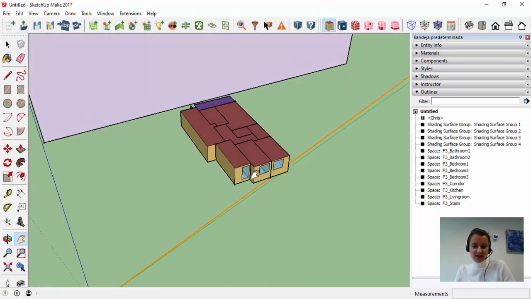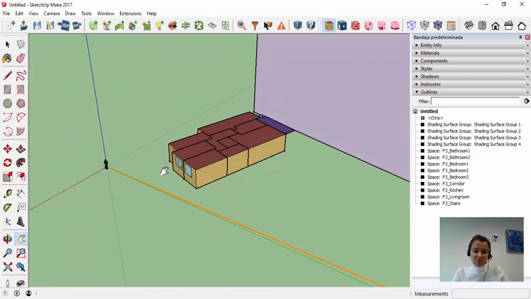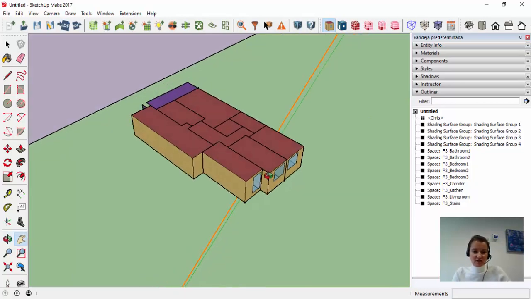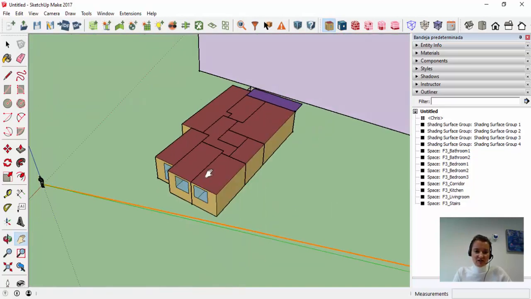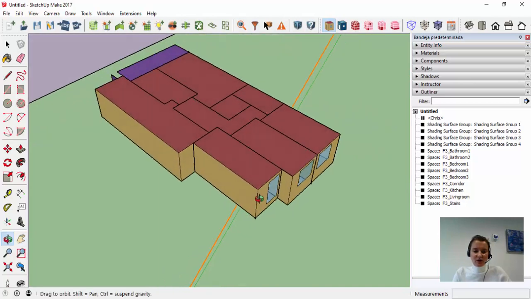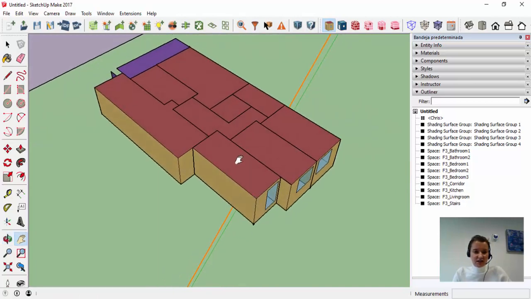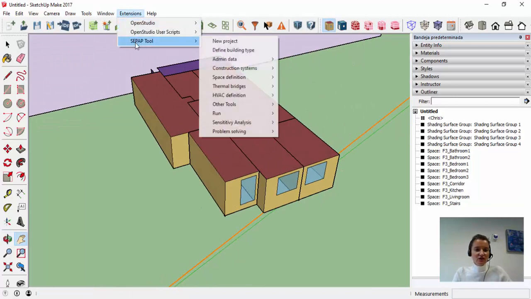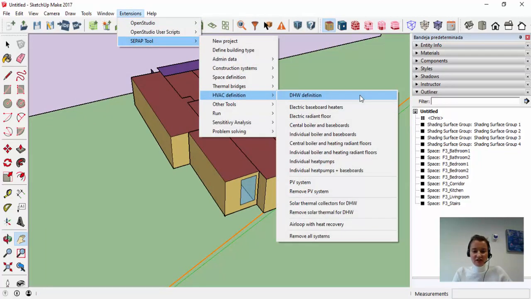This model includes just the geometry, the thermal envelope, and the space definition as we have seen with the simplified model. I have already included the domestic hot water installation in the same way that we have seen previously. And now we're going to move to the next step, that is the definition of the